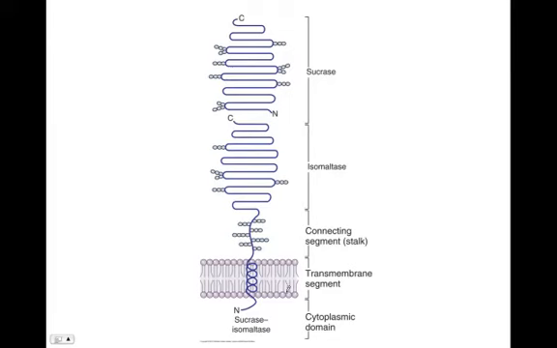The digestion then continues in the small intestine by a family of enzymes referred to as the disaccharidases. And these disaccharidases are specific to the disaccharide sugars. So you can see the schematic here. This enzyme has active sites for digestion of sucrose and digestion of isomaltose. It has a connecting stalk as well as a transmembrane segment anchoring it in the membrane of the small intestine. These polypeptides form two globular domains with specific binding sites for each of those disaccharides.